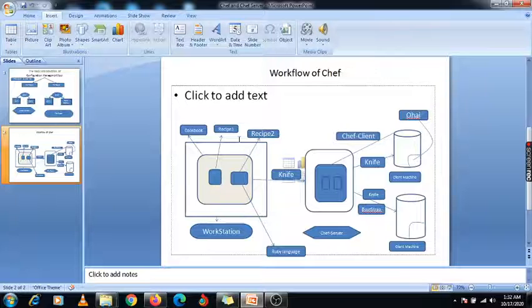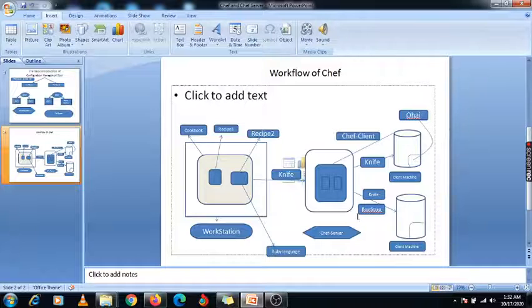If you have created multiple recipes like recipe 1, recipe 2, recipe 3, you have multiple recipes under your cookbook. So under the workstation you have created one cookbook, and under that cookbook some recipes, which we write using the Ruby language.